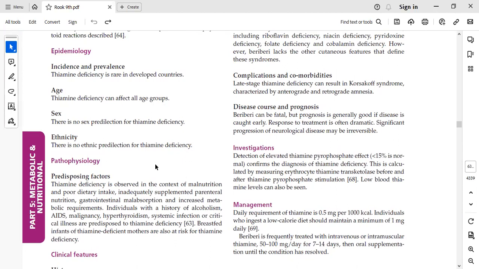Thiamine deficiency causes dilated cardiomyopathy, which results in cardiac failure, and the patient presents with orthopnea, PND, dyspnea, and peripheral edema. There is accumulation of fluid in the peripheral tissues, hence named wet beriberi. And in dry beriberi, there are prominent neurological features,